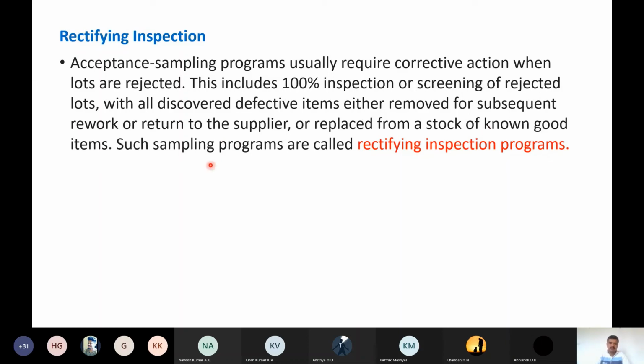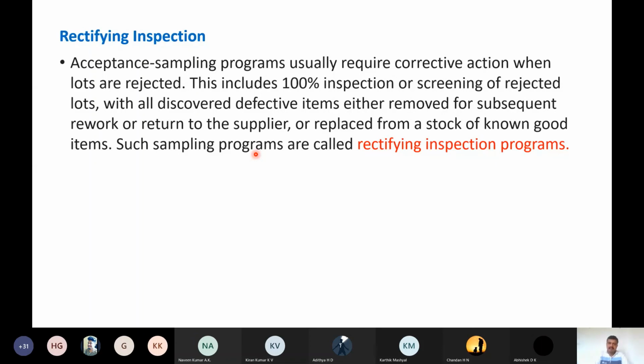So here, initially based on your sampling plan, out of 100 lots for example, you have rejected 5 lots. Then what should the supplier do for these 5 lots? If the lot size is 1000, he has to inspect all 1000 units in those lots and identify which are the defective items in the lot. Then these defective items should be replaced with good items, that means good quality units. Then he can once again supply the same to the consumer.